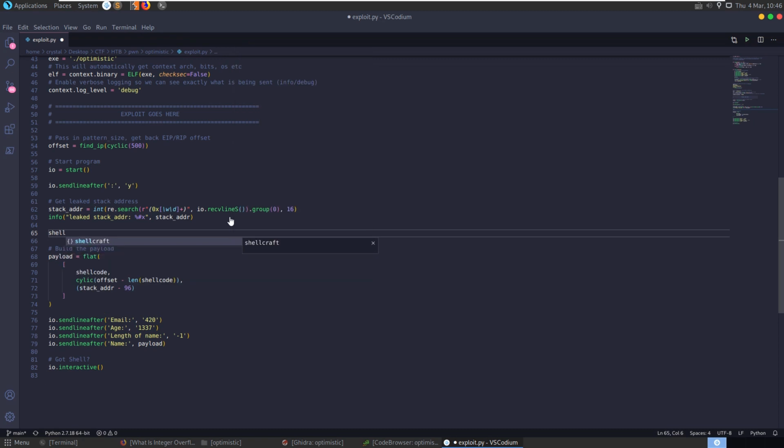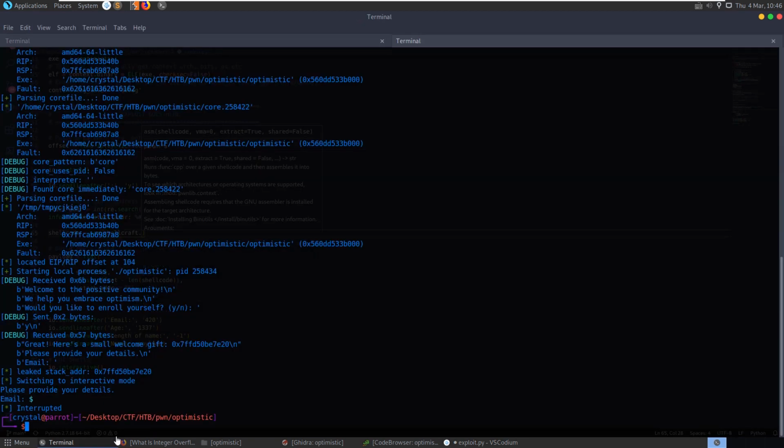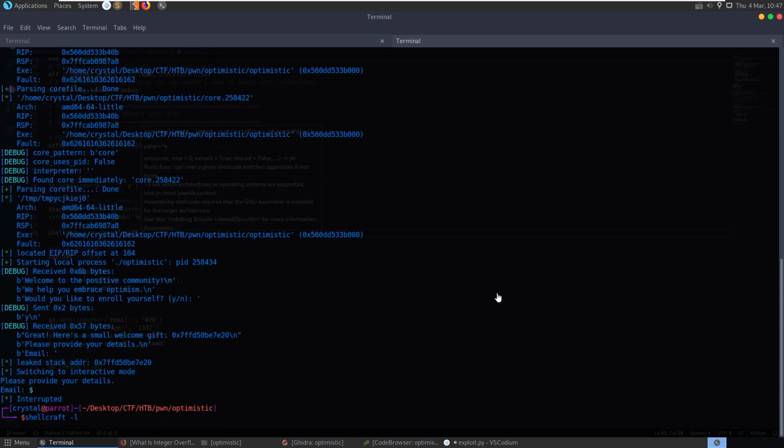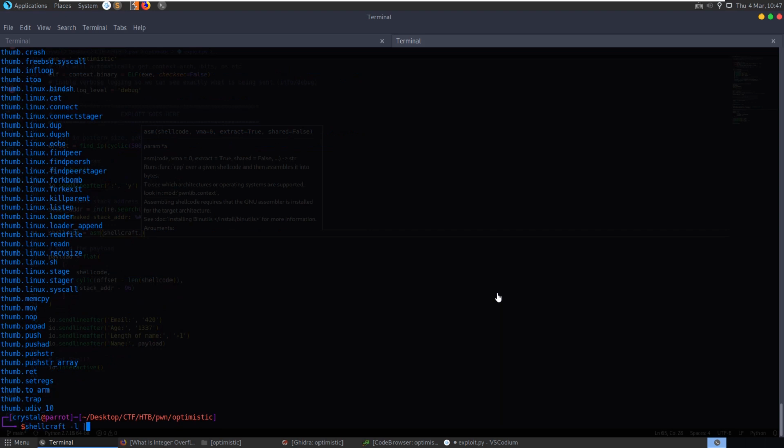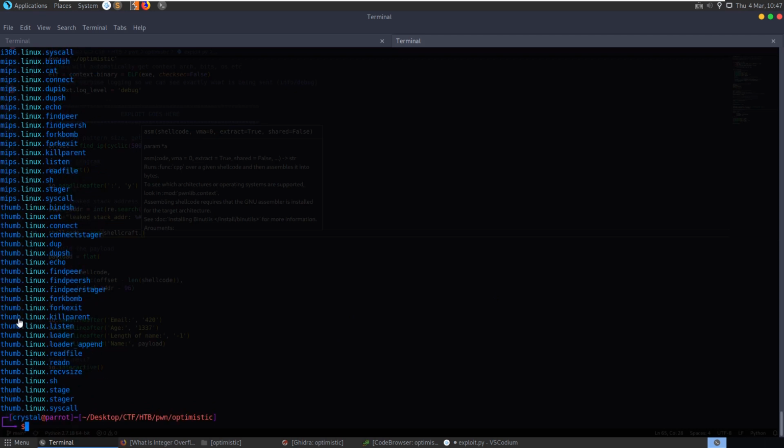So I can do shellcode equals asm, because we want to compile it into the assembly shellcode, and then we want to pass in shellcraft dot, and we can pass in different functions here. Unfortunately you get no autocomplete, so if you want to check out the options, we can do shellcraft -l on the command line. We can do shellcraft -l grep linux and get an idea of what we can use here. If there's something we want to use, we can say this is thumb, so not this one, but we could say